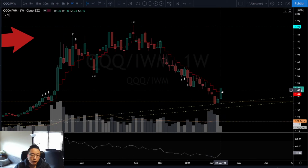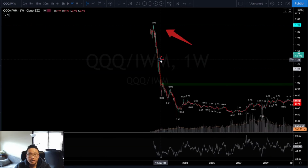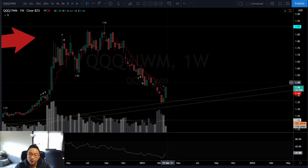Now we are trading over that weekly 8. Now let's take a look at what happened on the last drop. Not saying that's going to be the same. Last time we went over the weekly 8, the next week started selling off. So this week, next week is going to be key to see whether this bounce is going to see continuation or is going to be stuffed. Now, if it's going to be stuffed, we will be looking at a break under this key